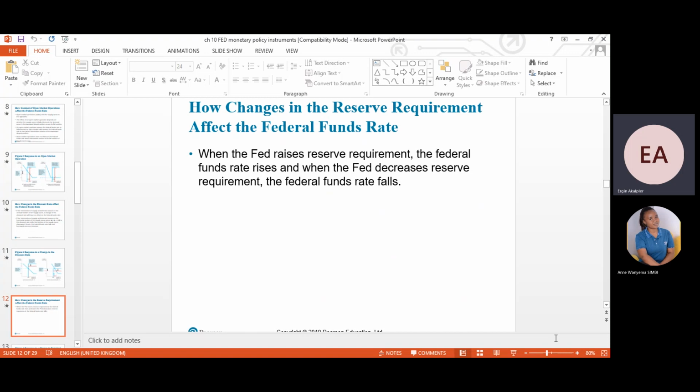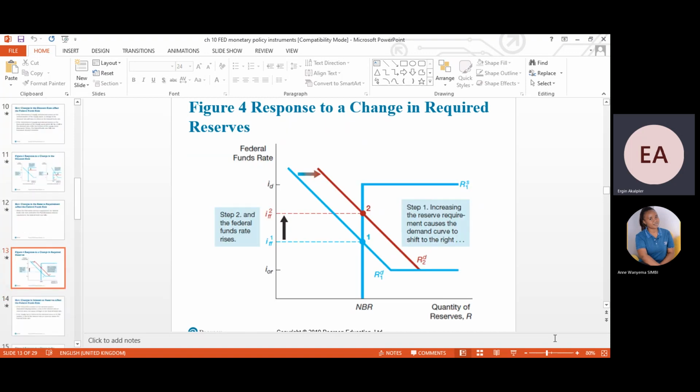They can use for the other purposes. Here, the reserve requirement is illustrated on the graph. The fund rate is on the y-axis, and the quantity of reserves is again on the x-axis. And increasing the reserve requirement, as I mentioned to you, causes the demand curve to shift to the right. And as you are observing, as a result of this shift, the demand will enlarge and increase, and the federal fund rate